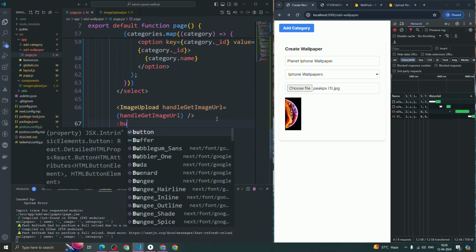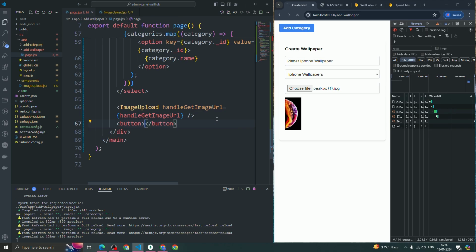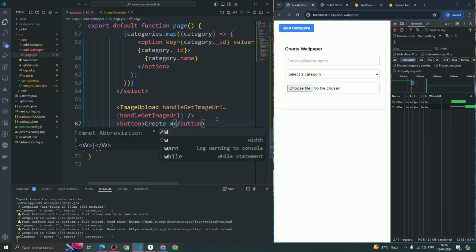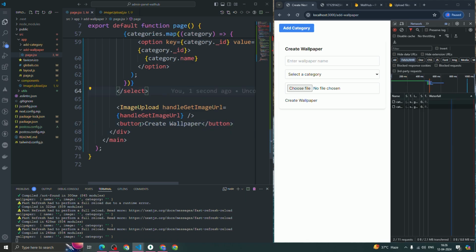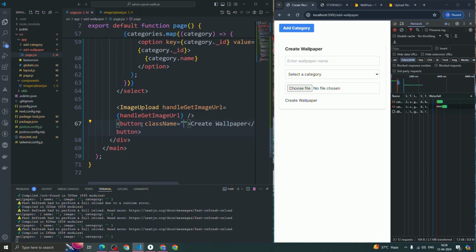So now we are gonna have a button as well, and the button name will be create wallpaper, and we're gonna add a class name as well. So the class name will be like